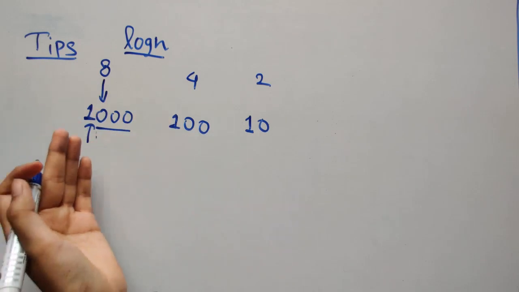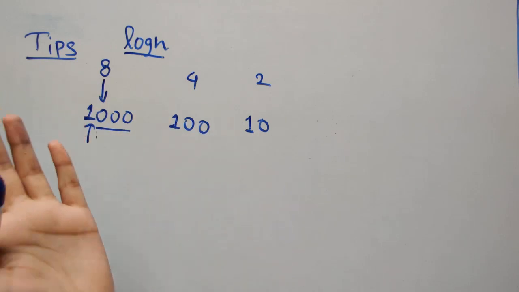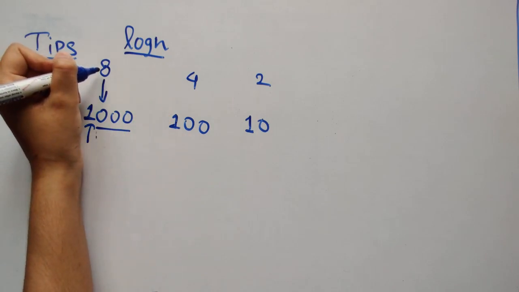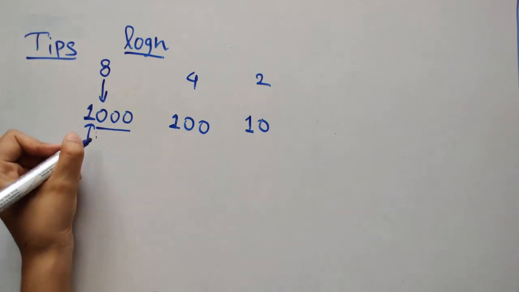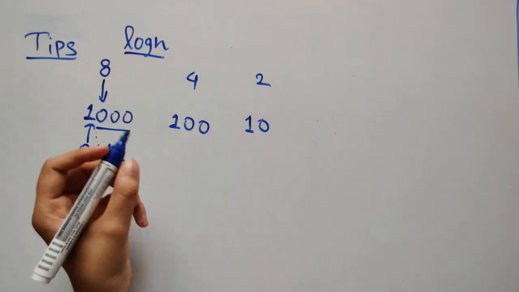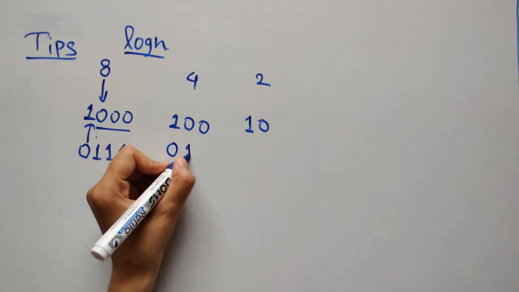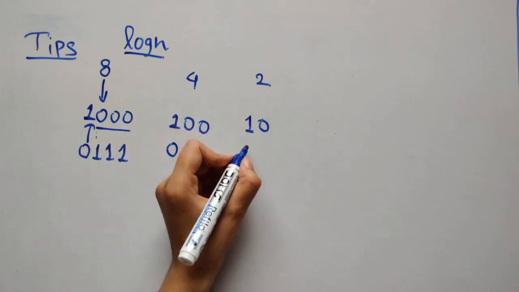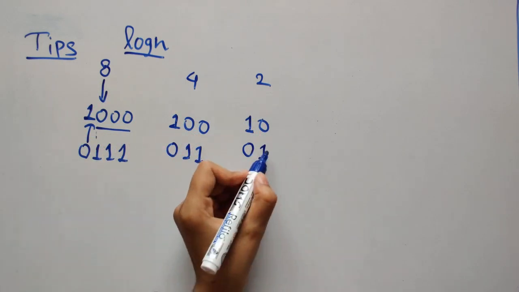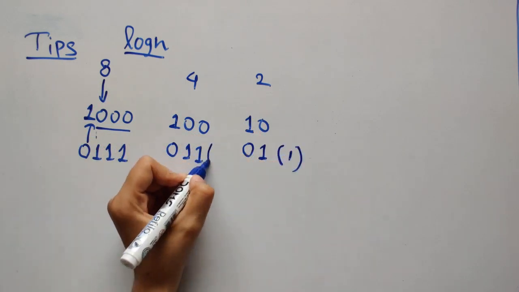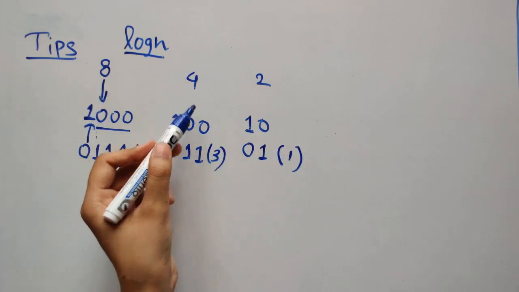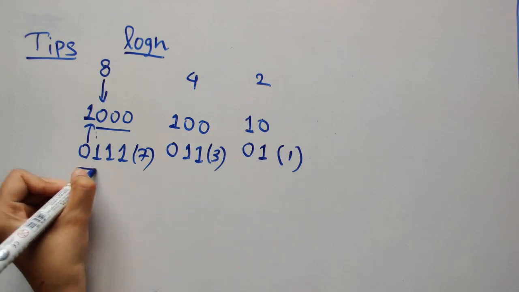So how can you use this fact to solve whether a number is power of 2? If you see, this is binary representation of 8, right? What is the binary representation of 7? It's 0 1 1 1. Of 3, it's 1 1. Of 2, it's 1 0. Of 1, it's 1. So this is the binary representation of 1, this is of 3, and this is of 7. What is this? n minus 1, right?